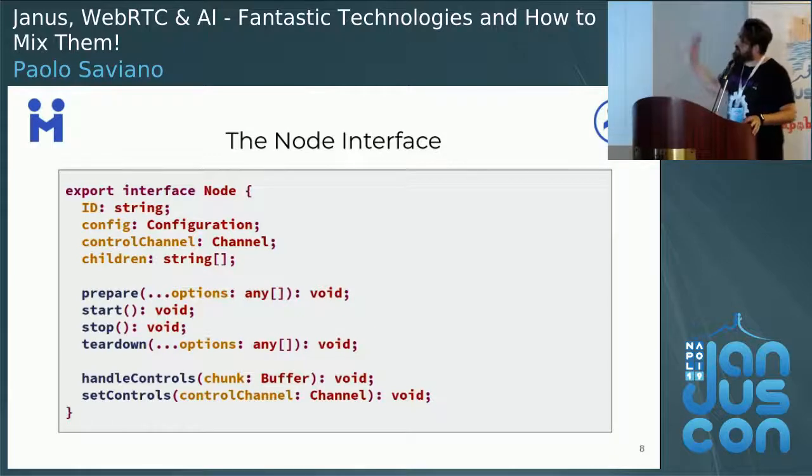A node could be customized through a configuration object, and there is a group of methods, prepare, start, stop, and teardown, that will implement the aforementioned under-the-hood tasks. They will be automatically invoked by the superclasses. And finally, there are a couple of references to the controllability of the node, for example the control channel and the controls and set controls.